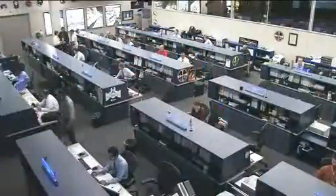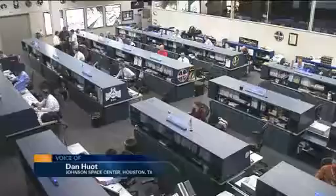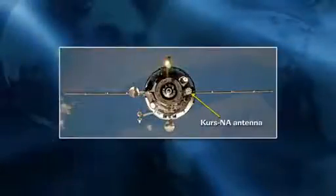And while all this is going on, the big ticket items this week continue to be the slew of visiting vehicle activities. First off, that Progress 47 spacecraft, which undocked Sunday afternoon, was scheduled to redock, testing out a new Kurs system on Monday, which was then aborted following a failure of that new Kurs antenna. Controllers are still taking a look at all of the data from that and working on another redocking attempt, potentially